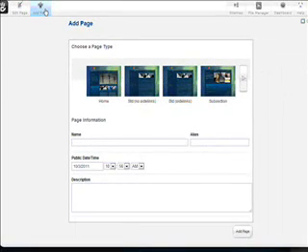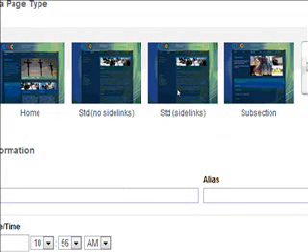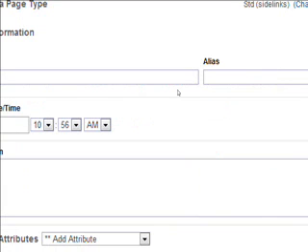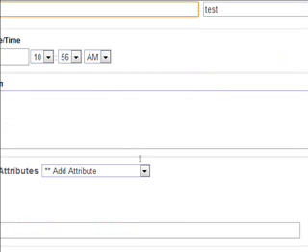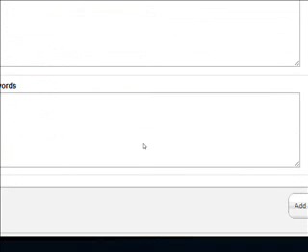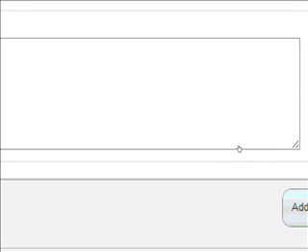The first thing is you see a list of page templates which you'll recognize from the site that you've already got. So we're just going to choose one, and then you'll be given a number of options of things like the name, obviously, and the meta description, and these are all things that you can choose later on. And then it's just a matter of once again clicking on the Add Page button,